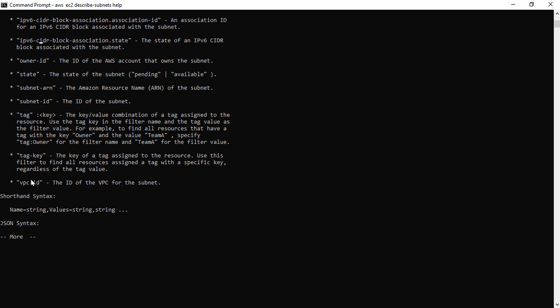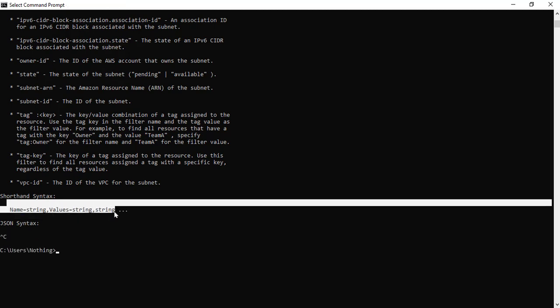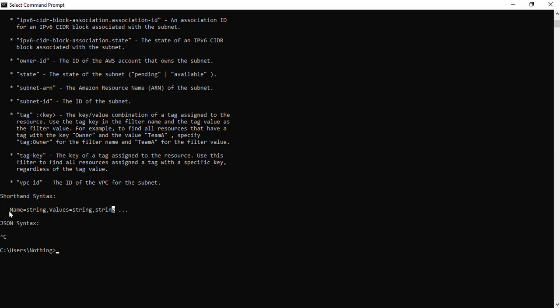And here is something that will be useful for us. This is VPC ID. And then they have also mentioned the syntax that we should use while applying the filter.